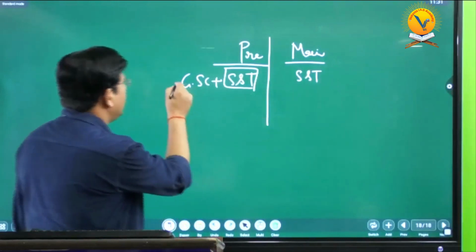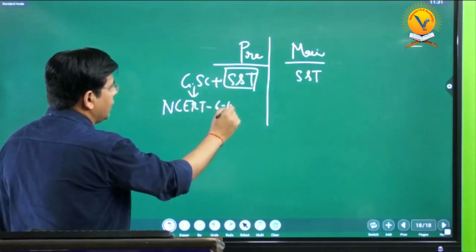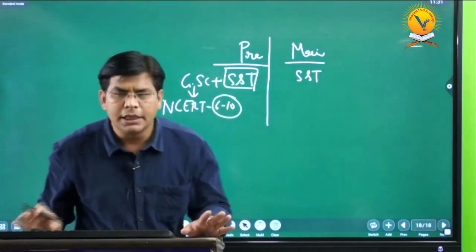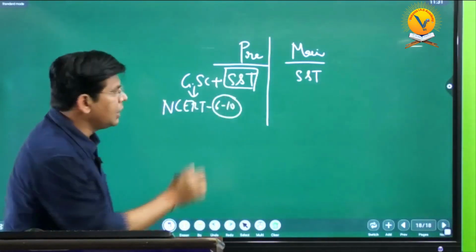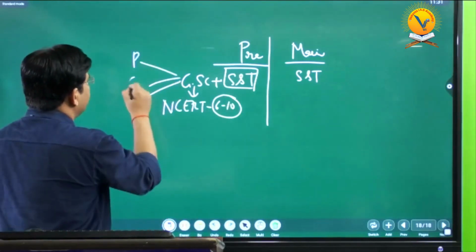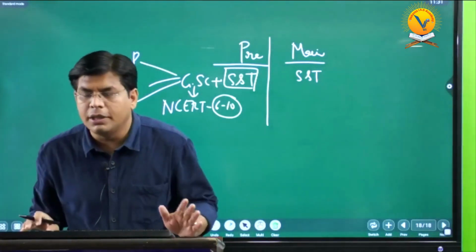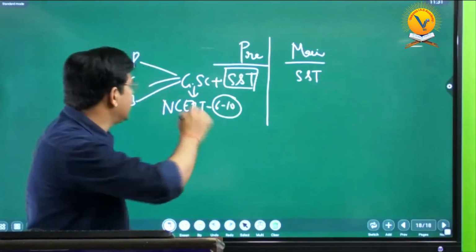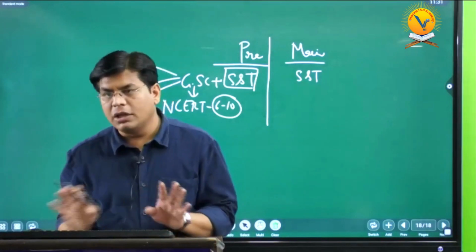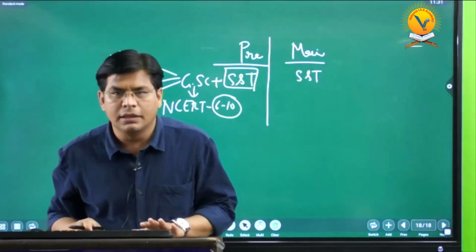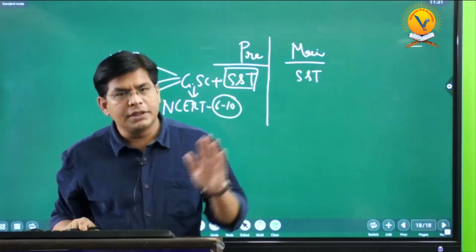At the same time, general science is a matter of NCERT standard 6 to 10. All of you have studied till 10th. But see the way UPSC is asking questions from general science in prelims. General science is physics, chemistry, and biology. They are not asking any direct questions since 2011 in the present pattern, till date, from physics and chemistry. It does not mean they are not asking physics and chemistry questions. They are asking the basic questions of general science from physics and chemistry, but along with technology questions.